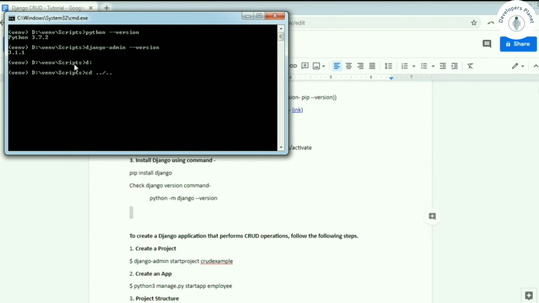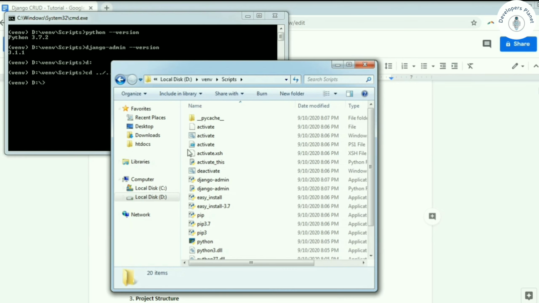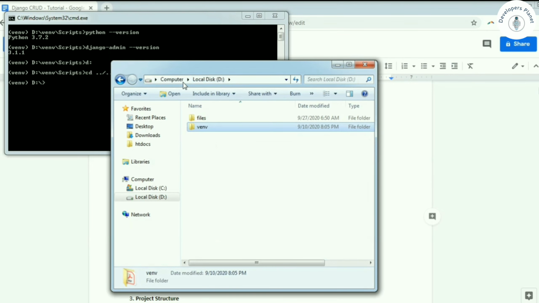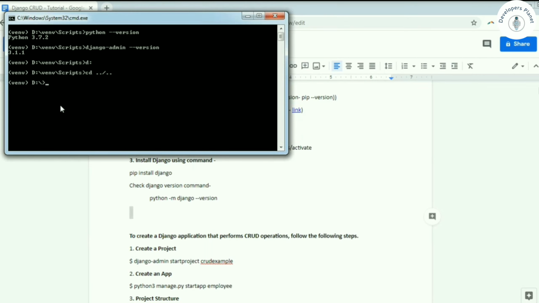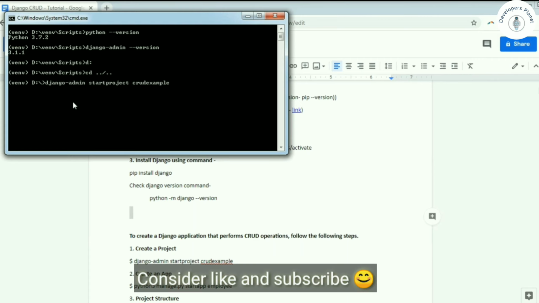So let's go back to our D directory, where we need to create the project. Let me show you. Here we will create a project. So let's create the project. And what is the command? django-admin startproject, and the name of the project we are taking is crudexample.